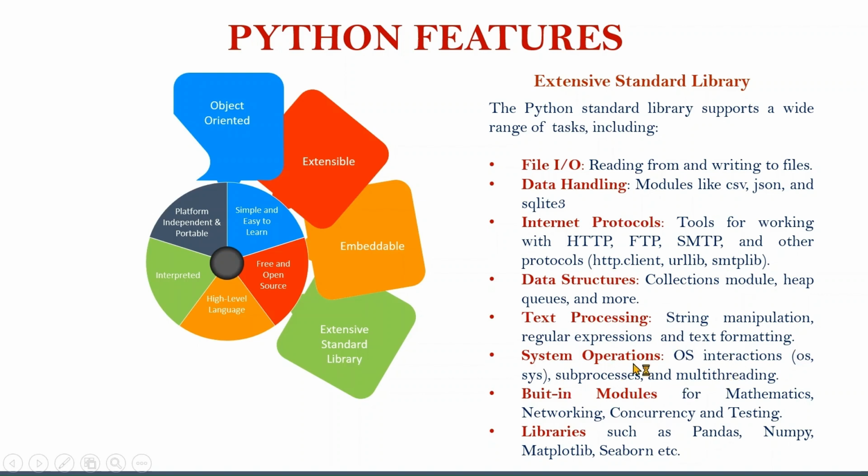Then system operations like operating system interactions. We have some modules like the os and sys modules. Then we can work with subprocess and multi-threading concepts where we can run our application much faster. So with multi-threading, the best advantage is to execute your application in parallel so that you can increase the speed of the execution. Then built-in modules for mathematics, networking, concurrency, and testing, and other libraries like Pandas, NumPy, Matplotlib, Seaborn for data visualization